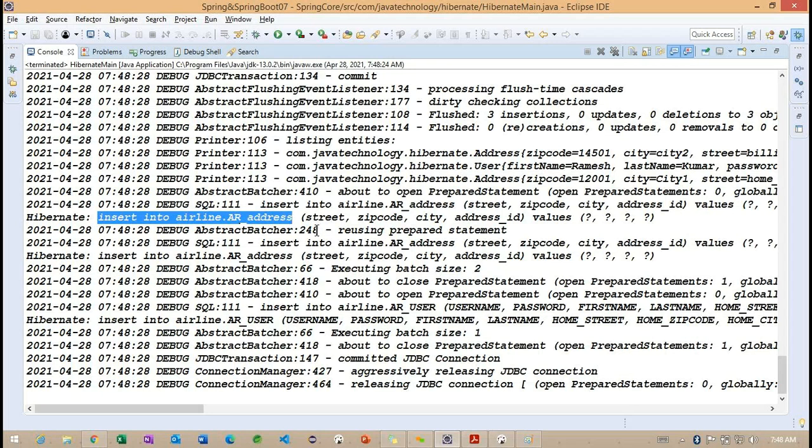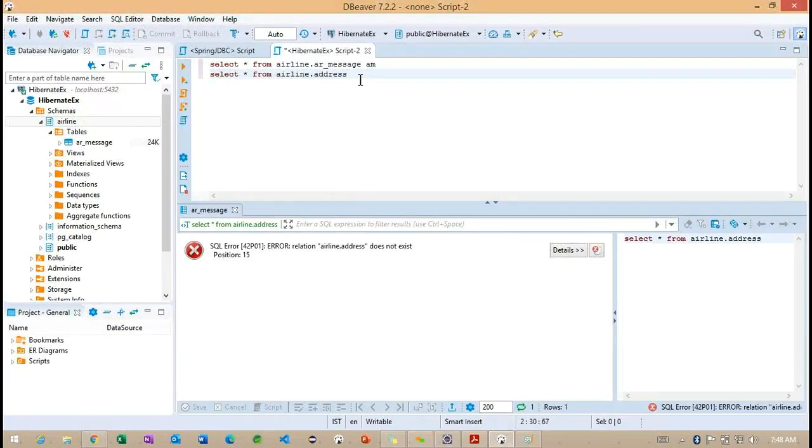Observe here. So insert into record address here and so two records are inserted and one user record. Getting the point. So first what we need to do, we go for this particular address table.